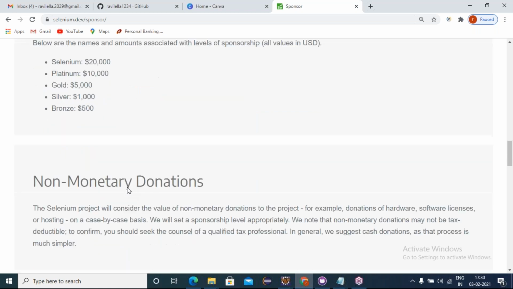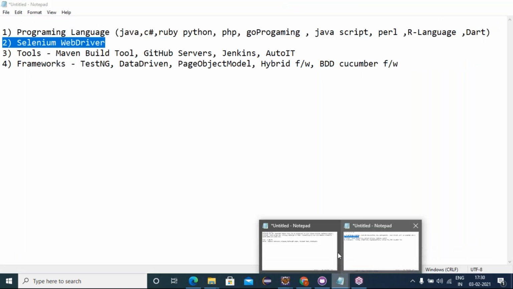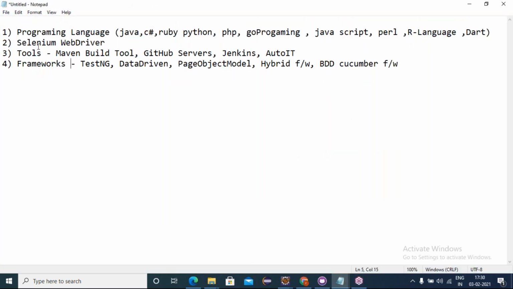So here everyone has come to one understanding now. Selenium itself doesn't have language bindings, drivers, and frameworks. Selenium has only built-in libraries. It has some functions using some language bindings, and we are opening the browsers and interacting with web elements using some frameworks. TestNG is a Java-defined framework. Data-driven and page object model are not frameworks, friends. Honestly speaking, these are called approaches.